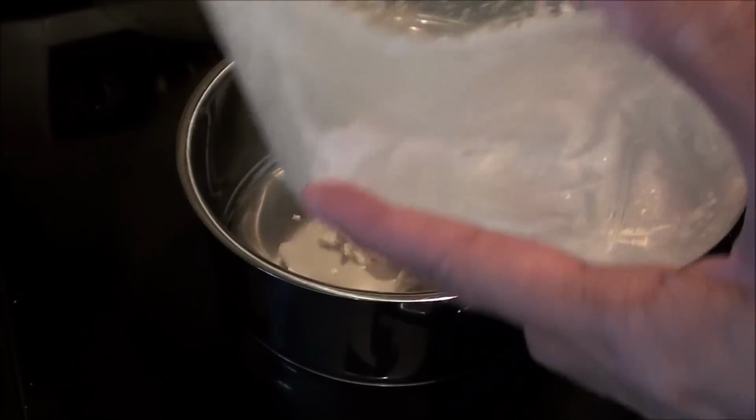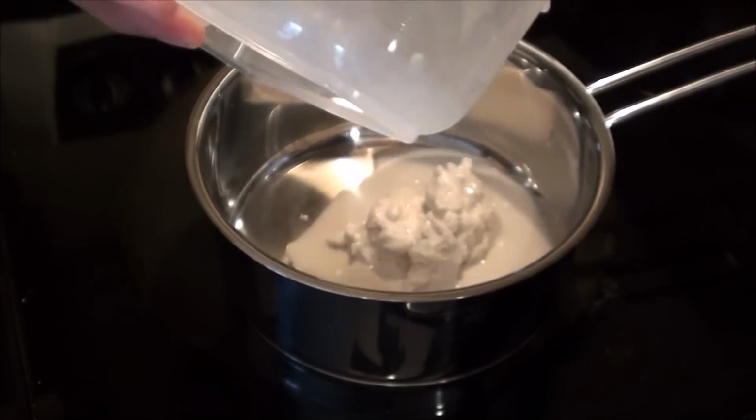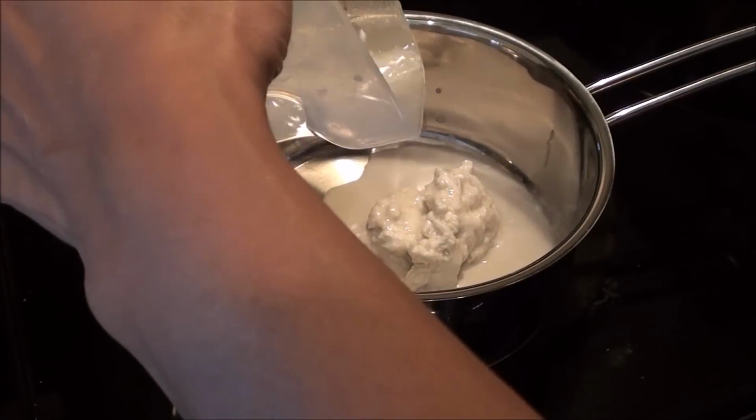We don't want to waste all that, so I'm just gonna add in some hot water. Get that all into my pan. That's not a problem. Actually, my juicer has done a lot of the work for me, because we usually do this by hand, I mean manually by hand, extracting and squeezing